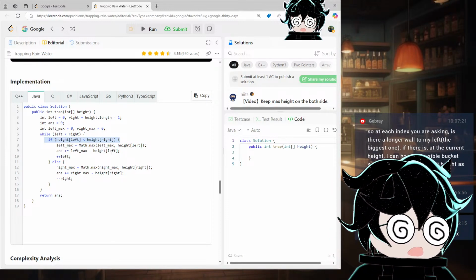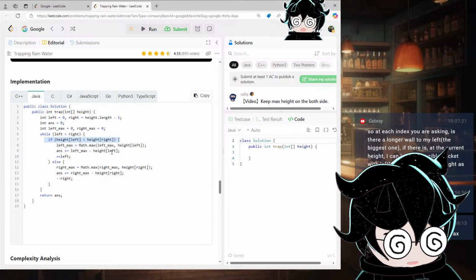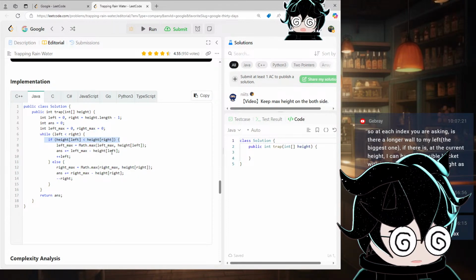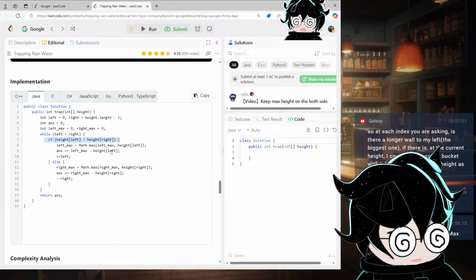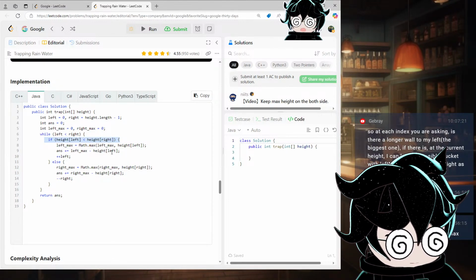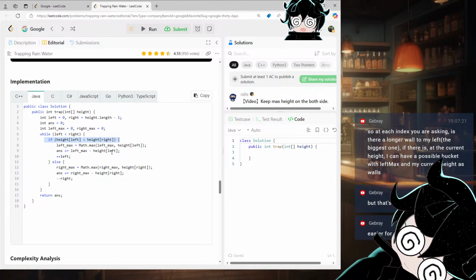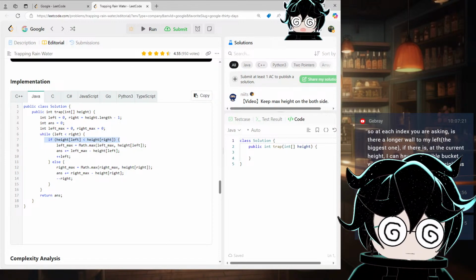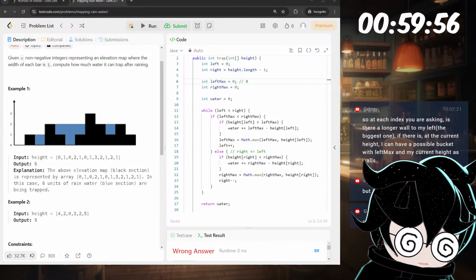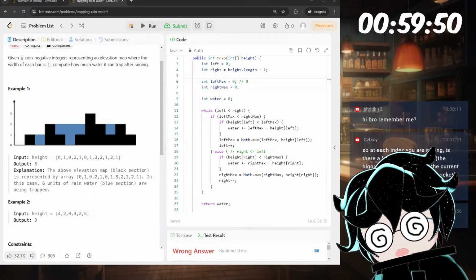Gabriel says, so at each index you are asking, is there a longer wall to my left, the biggest one? If there is, at the current height, I can have a possible bucket with left max and my current height as walls. Oh shoot. Wait, hold on. If left is less than the height right,